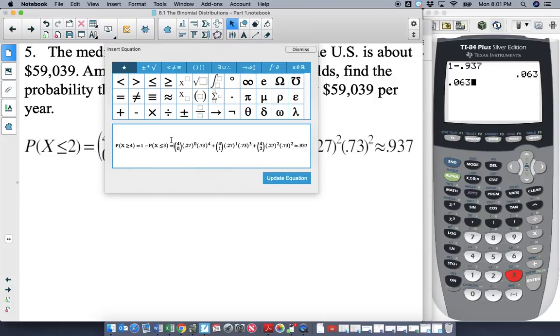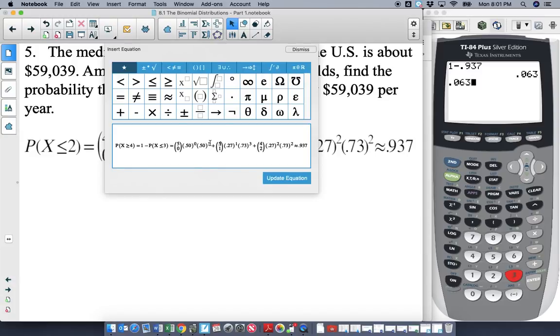That would get rid of 0, 1, 2, and 3. Okay, so let's update our equation here. We need 5 choose 0. And the probability of being below the median is what? Yeah, 0.50, because the median is by definition halfway, right? So half of the people have incomes above and half below. So 0.5 to the 0 power times 0.5 to the 5th power,